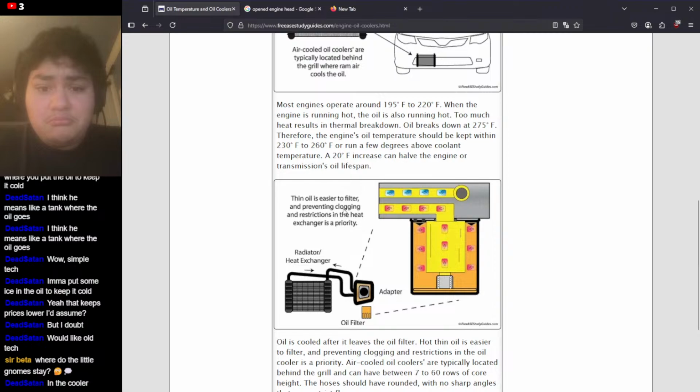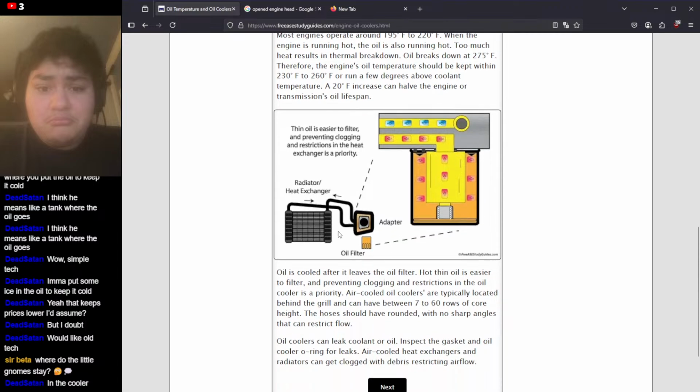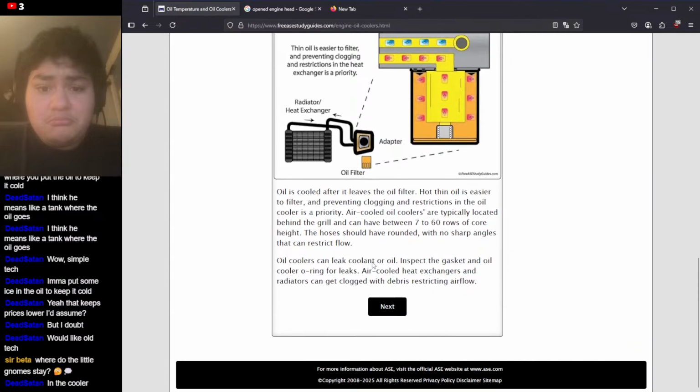Thin oil is easier to filter, and preventing clogging and restrictions in the heat exchanger is a priority. Oil filter, the adapter. I don't know what all this is talking about, but generally all you have to know is